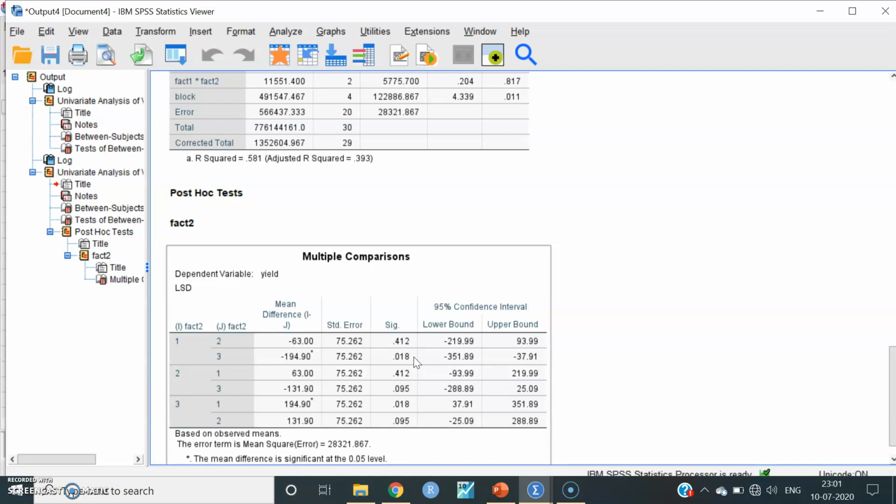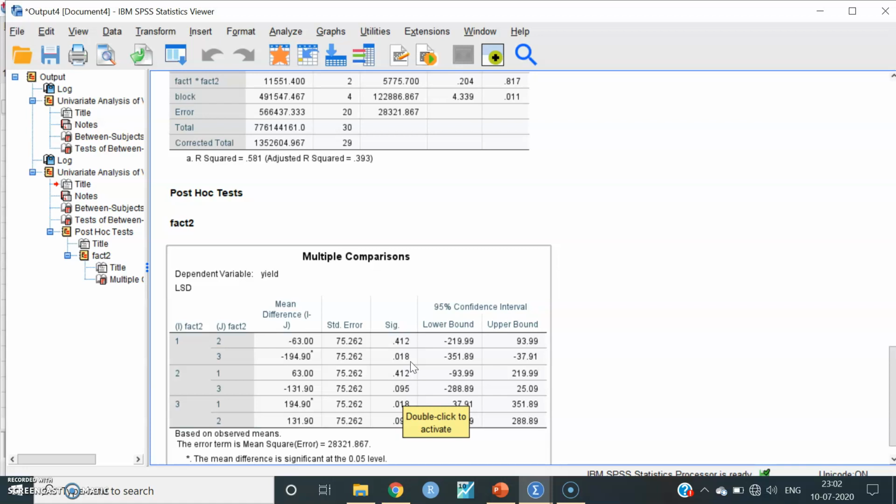So among all 3 levels of factor 2, only levels 1 and 3 are significant to each other. The rest, levels 1 with 2 and 2 with 3, are on par with each other.